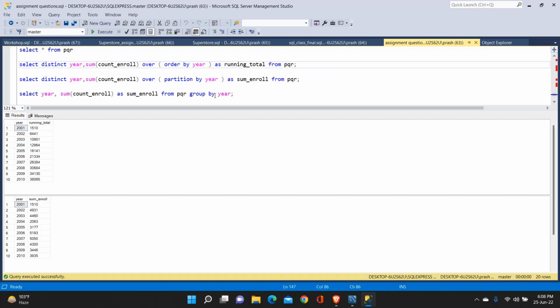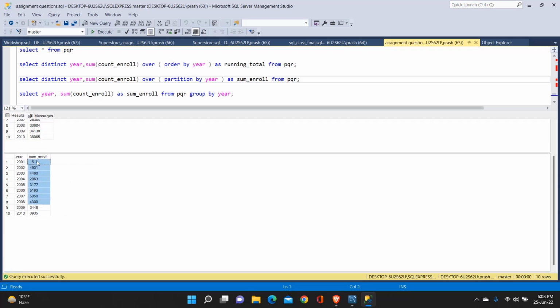So PQR is the table, and if we run this, what we will get is it will group all the rows from the year 2001 and total it. Some of that is provided here, and the sum of the next plus the previous one is provided here. Actually, let's start from the bottom. Instead of using order by, use partition by. So what it will give is